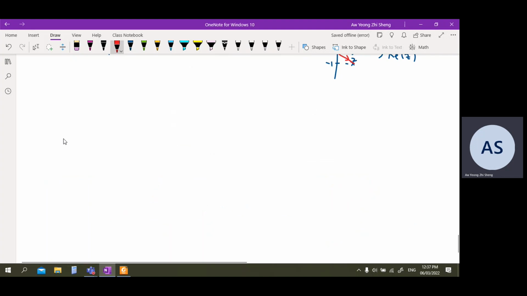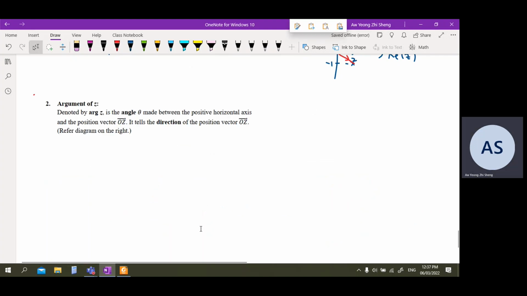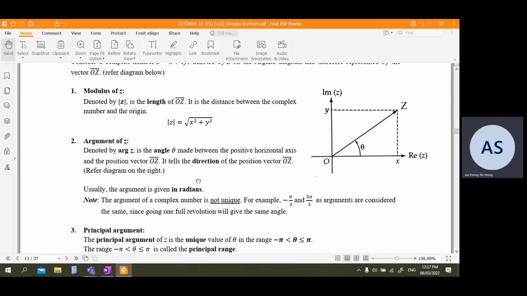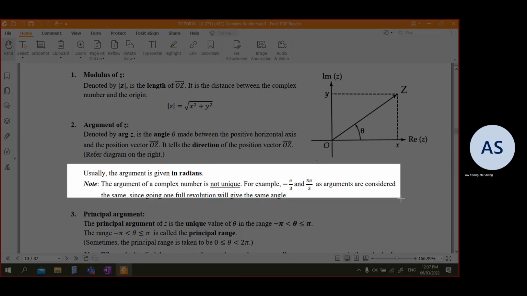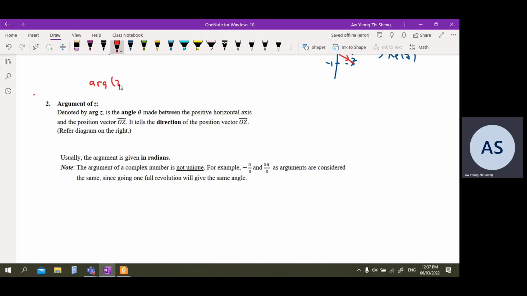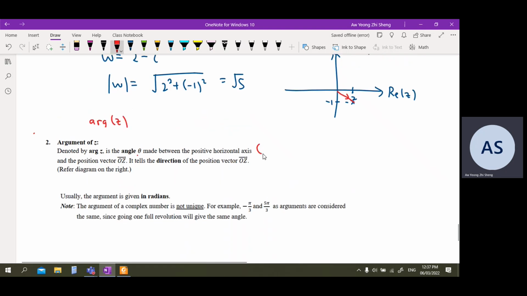When we talk about a vector, we are interested to discuss the length and also the direction. So modulus takes care of the length of the vector representation. Argument would take care of the direction. What is the argument of a complex number z? The notation is arg z. Some books will write it arg bracket z. It means the same thing. It is the angle theta made between the positive horizontal axis, or the positive x direction,